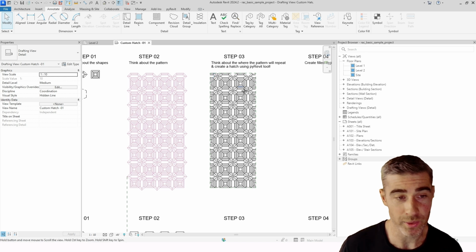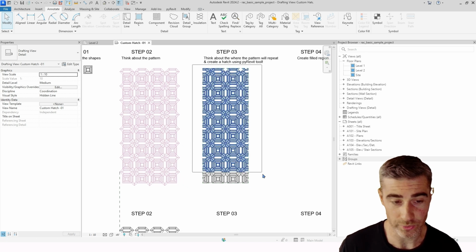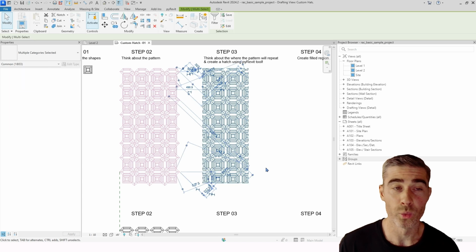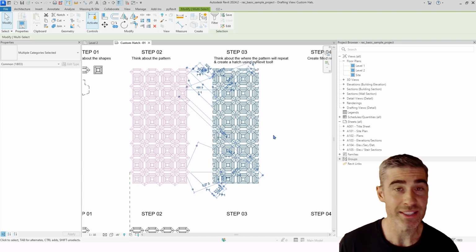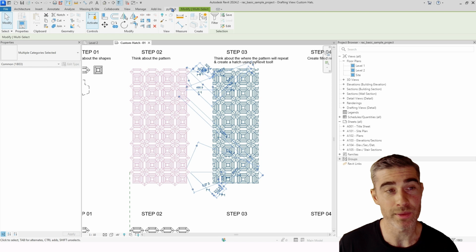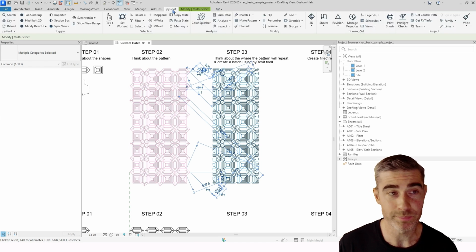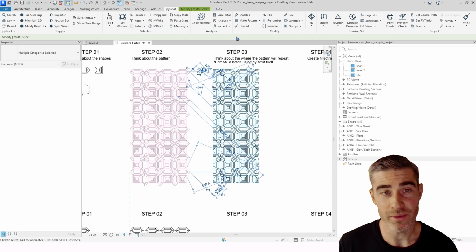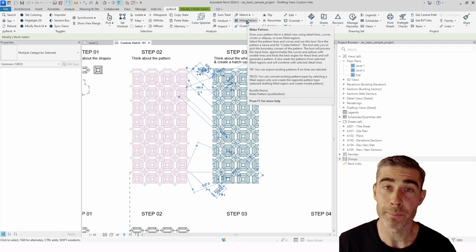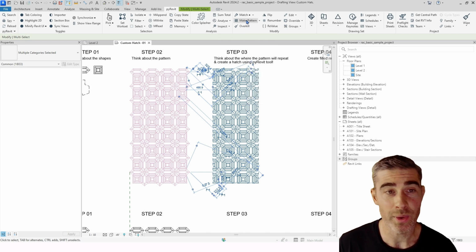And at this point, what you're going to want to do is select all those lines. Once it's selected, it's as easy as this. Go to your pyRevit tab at the top of your ribbon. Once you've hit pyRevit, in the Modify tab, there is a tool called Make Pattern. And so when you have this selected,